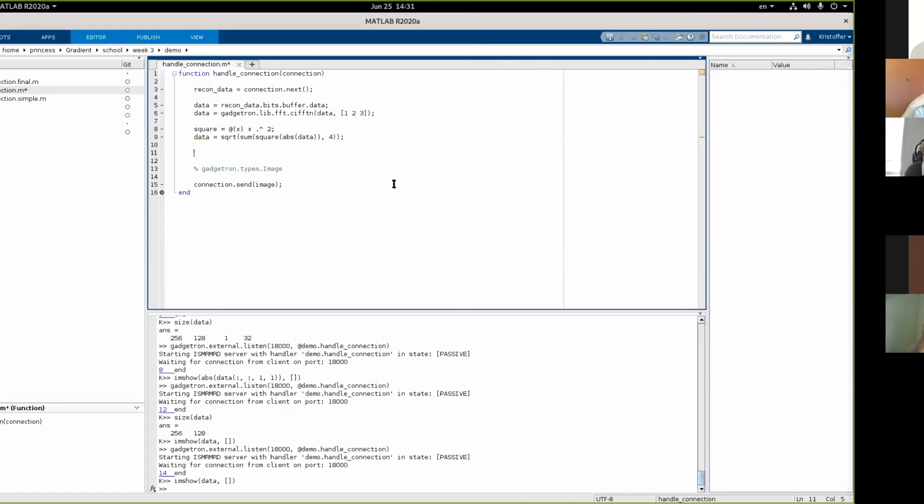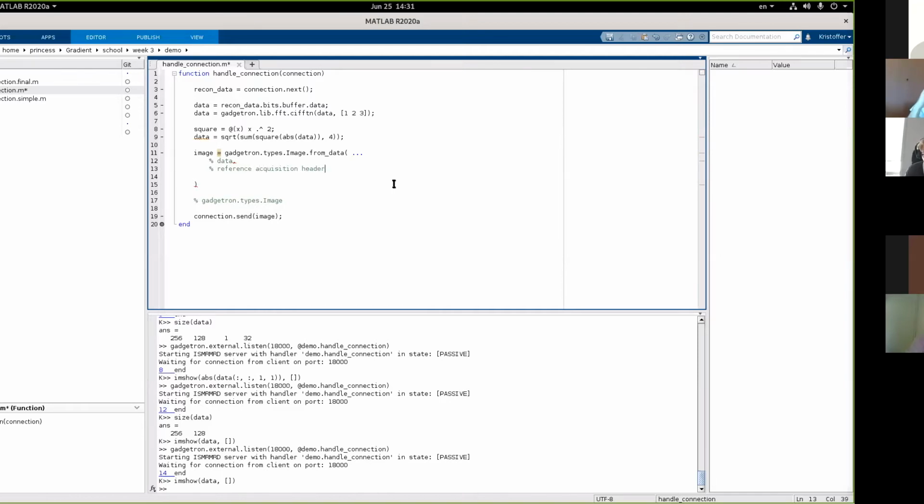And we have a lot of options. It has a constructor that just creates a thing, and we can build our own header and put some data in there. It's not hard, but it's a bit fiddly. So I'm going to use a convenience method instead. It's called Gadgetron types image from data. And this from data function is a static function on image, and it takes a few arguments. So it takes some data, and it takes a reference